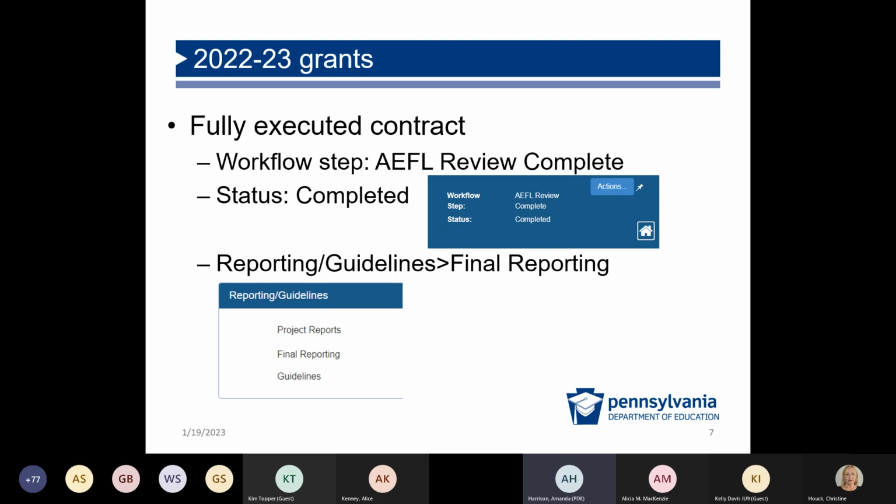So we had gotten a question from someone about what that substantially approved meant. Initially, while it's going through the approval process with us, it means that we're basically okay with the content of the grant, but you still have to make some corrections. When possible, once we're okay with everything, I mark it to change it to approved, but I was unable to do that with the family literacy grants this year.